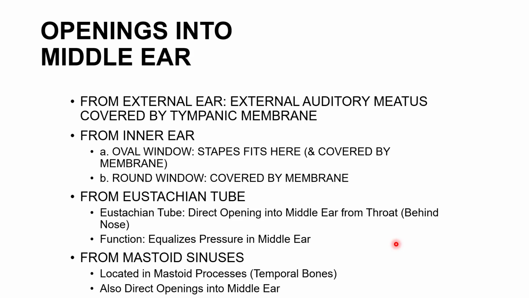So that is why whenever there is a throat infection or congestion in the throat or pharyngitis, as in cold and cough we often feel, if it is long standing and middle ear aeration doesn't happen, then mastoid air cell infection may also take place because there is no aeration and stagnation of the inflammatory cells occurs there and causes pus to accumulate over there, and that becomes infective also. So that is the importance of being aerated. So these are the different openings into the middle ear. You should know about these openings and their importance.